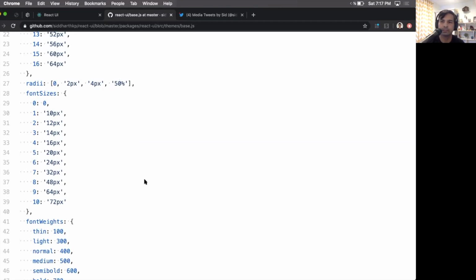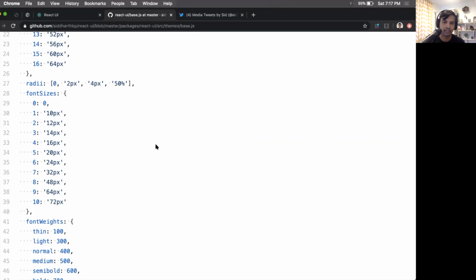Have you tried any other tool to debug your CSS rather than just the browser inspect element? Kind of. I'm also working on an experimental project where I'm trying to see if React UI can have a dev tool of its own. Okay, that makes a lot of sense, because you're trying to create an abstraction over these actual values, right? If I can just specify my unit numbers instead of the actual values, then it will make things much easier. Exactly. You want to debug at the abstraction level that you're authoring, not what is being rendered. Yep.